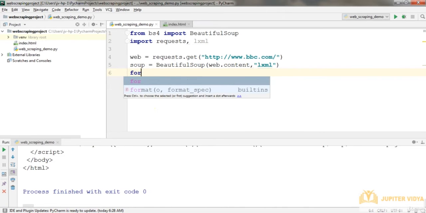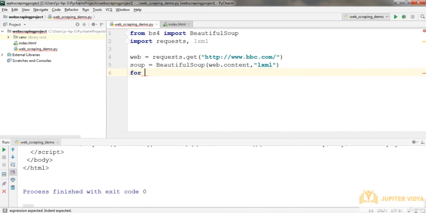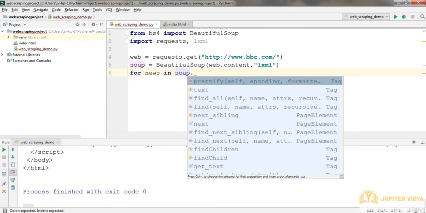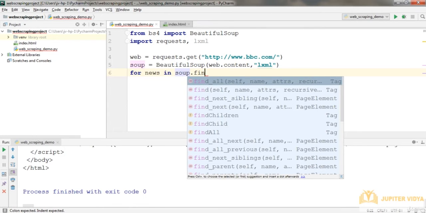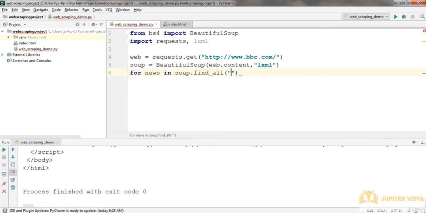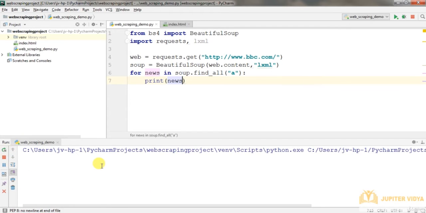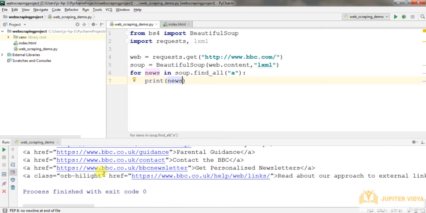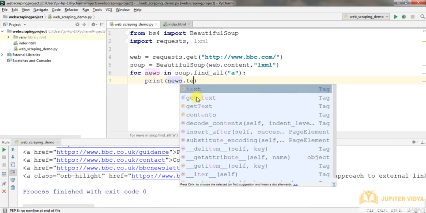Now using a for loop, for news in soup dot, I'll use find all. So I'll find all anchor tags. If I just print it, this will print all the anchor tags only, not the specific ones. So every link it will print. You can see here. Let me just get the text